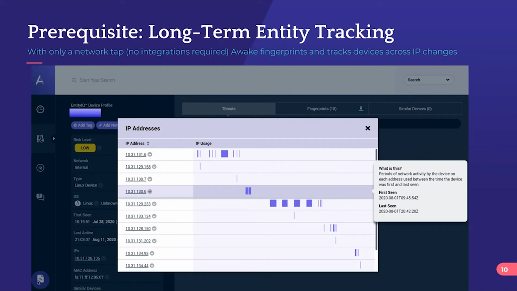And we're looking at an example here where we see this device had this particular IP address for about an hour, and we see that every day it moves around to different IP addresses, right? So again, when we think about doing this type of analysis, you might start asking yourself the question, all right, if this is so effective, why am I not seeing it elsewhere? This is a prerequisite problem that has to be solved, and that we've seen to date.